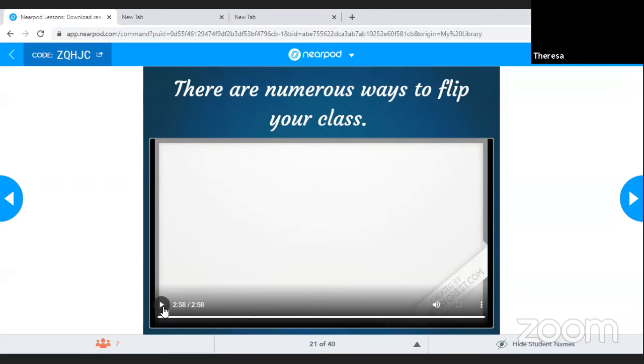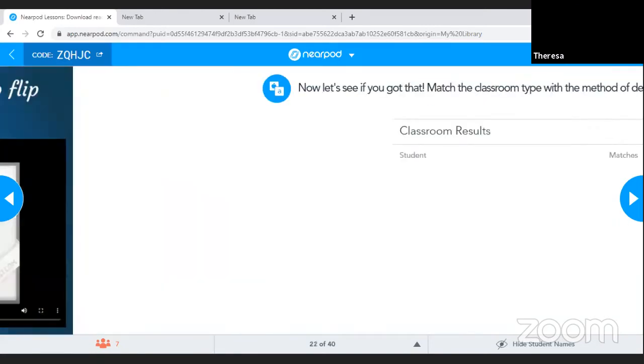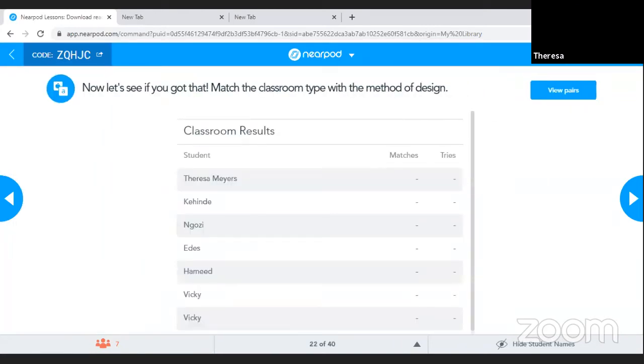Awesome. I hope that has given you an idea of the different ways in which we are able to flip our classrooms. So colleagues, now I'm going to ask you to take a look at the activity that I have there for you. In the activity, you have to match the pairs that go together. I've given you the name of the model of the flipped classroom and a description. I'm going to give you a few minutes to see if you are able to match the model with the description. If you click on the little blue circle with the two arrows, you can maximize and see the description a little bit more clearly.